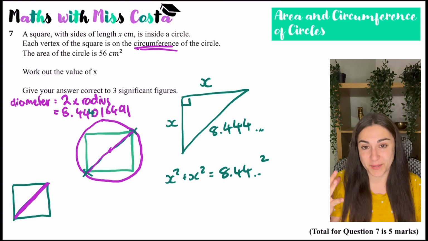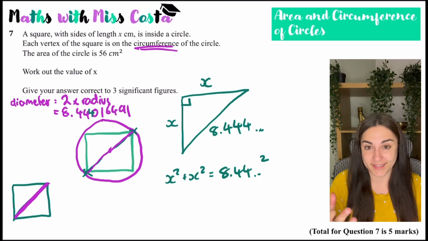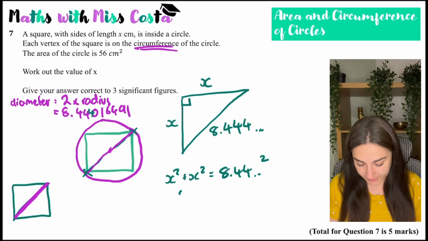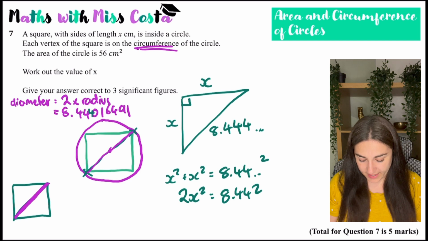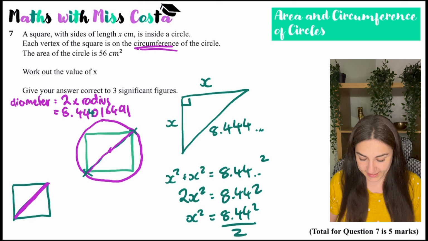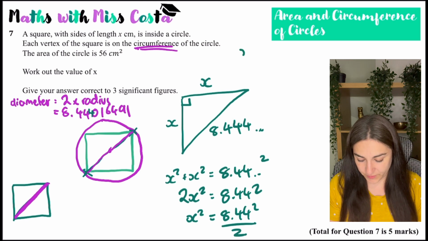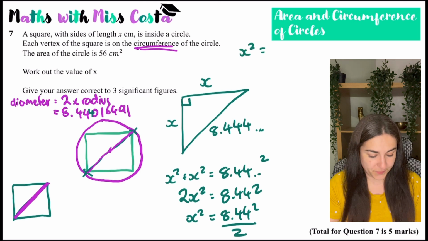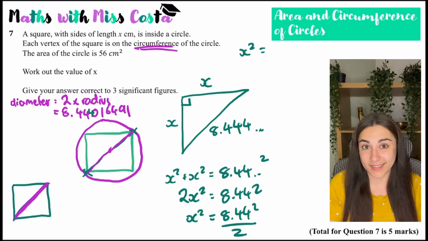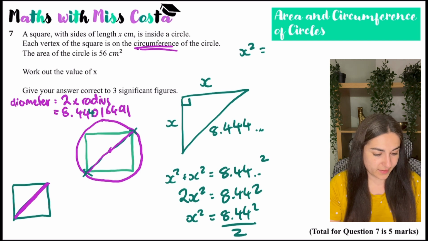So because they are both the same, they're both x squared, and I can collect the like terms. So I know that 2x squared must be 8.44 squared. I could then divide by 2. So x squared is going to be 8.44 squared divided by 2. So let's actually just type that out on my calculator. So 8.44, or my answer, squared divided by 2 is